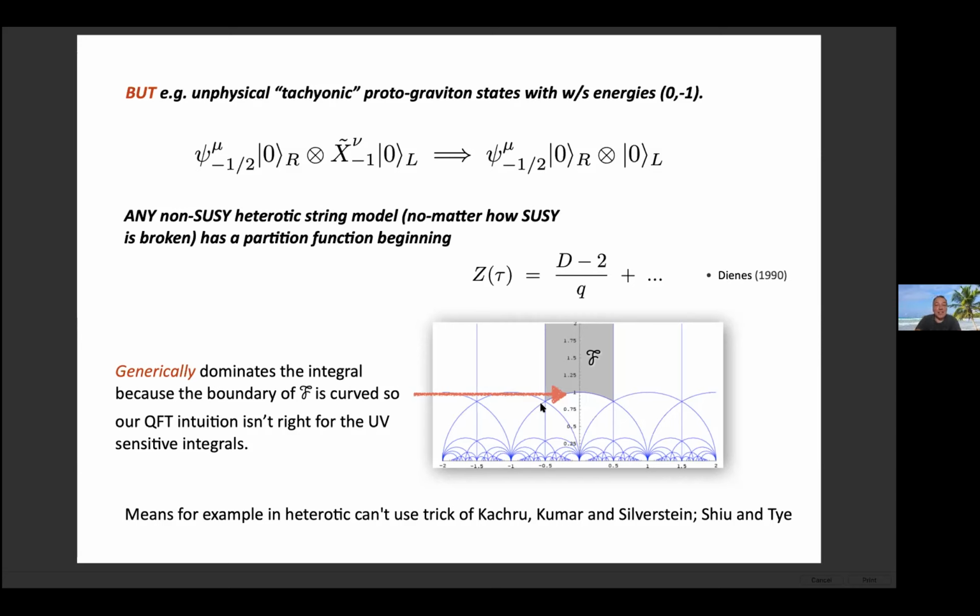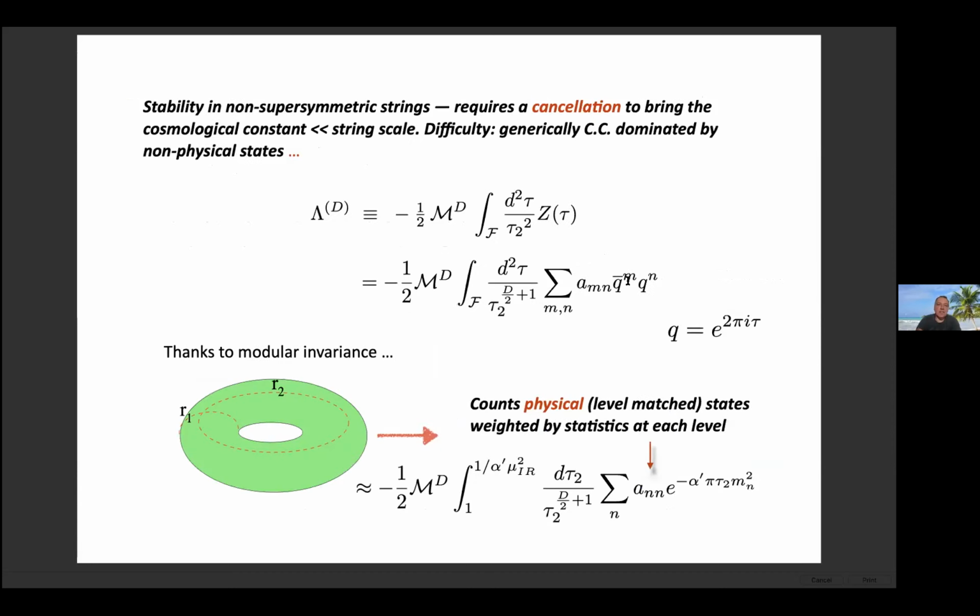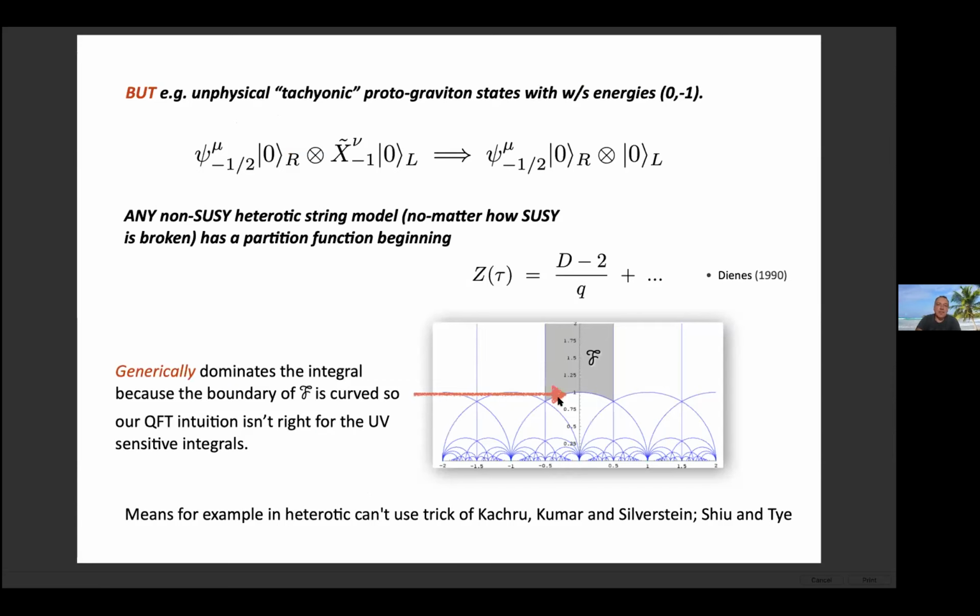If I put this into the integral and evaluate it, I find I get a large contribution, because this can contribute due to the curvedness of the fundamental domain at the bottom. If I was just integrating across the physical part here, I do my tau 1 integral and I get 0 unless m is equal to n. So that forces level matching in the integral across tau 1. But down here it doesn't, and so I get something, and that something can actually be dominant. For a generic compactification radius, a generic theory, it will be the dominant contribution to lambda, whatever else is there in the partition function.